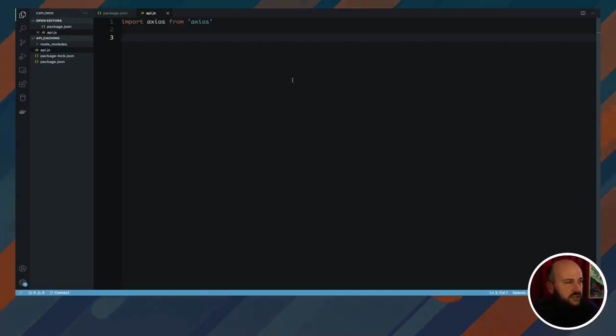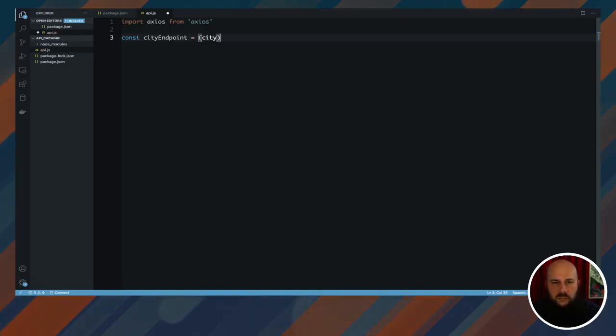source. All right, so this is going to be a little bit of a big one, but I'm going to create a variable called city endpoint. And I'm going to reach this endpoint. It's actually going to be a function that I'm going to pass in a city as a parameter. And it's just going to be an interpolated string. So HTTP, API. And we're actually going to use